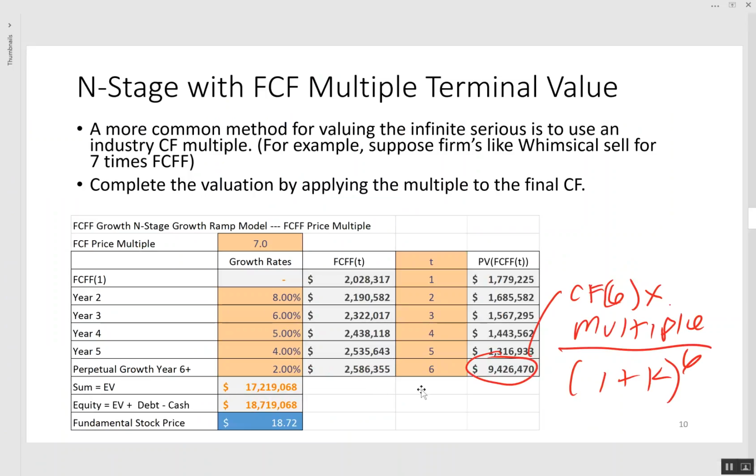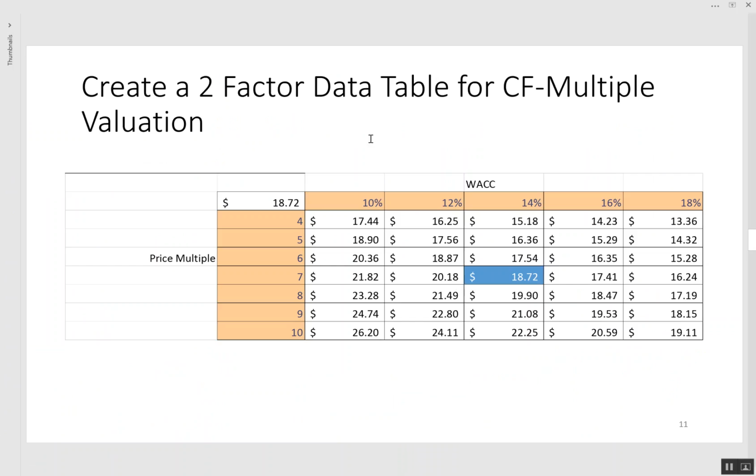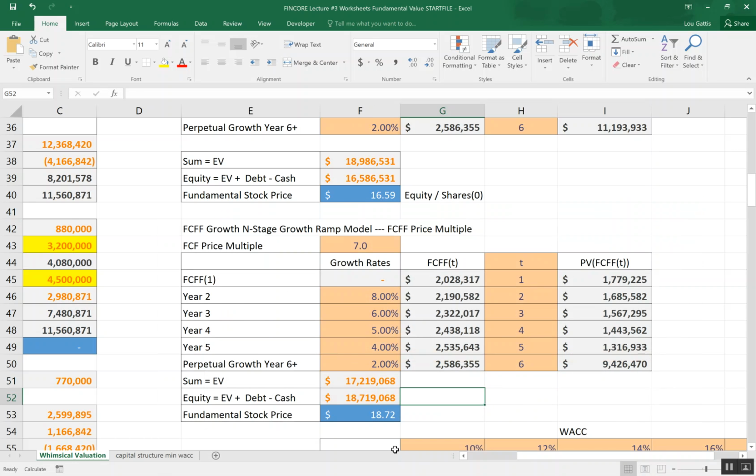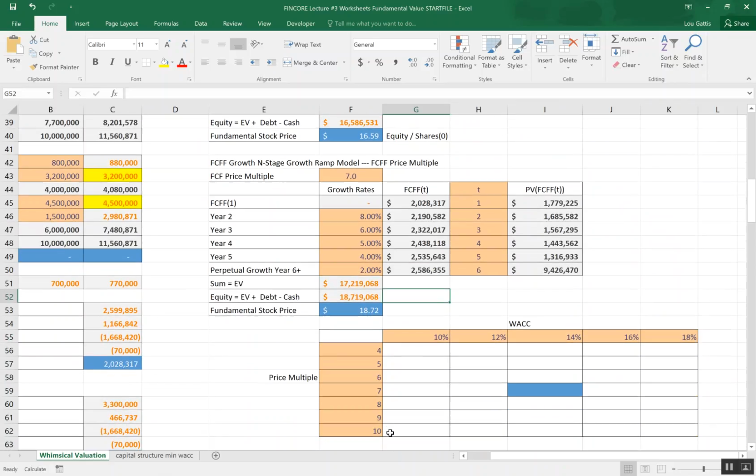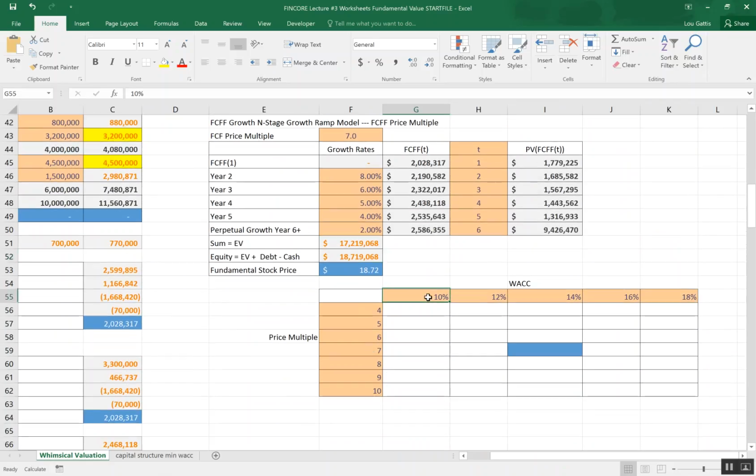So there's my valuation. Now we can do a 2-factor data table by varying WACC and price multiple and see what kind of range of valuations I get on this stock. So I have some WACCs plugged in here, 10 to 18, stepping by 2, and price multiples of 4 to 10, which is kind of a common range. They're probably more in the 6 to 10 range. If I just make a link to the equity value,